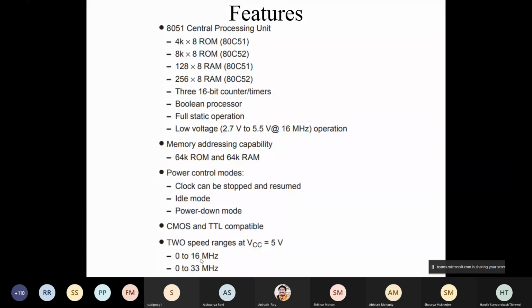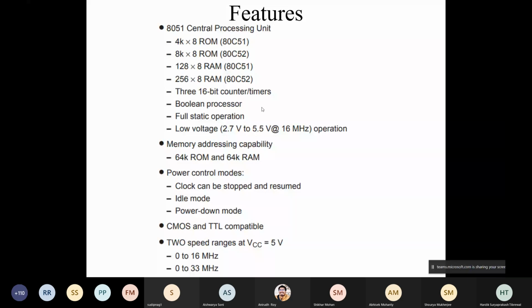And in the modern phones, although they don't use 8051, they use ARM mostly, you can also play with the clock frequency. So clock can be scaled up or down based on the range. But traditionally 16 and 33 were the maximum frequencies.